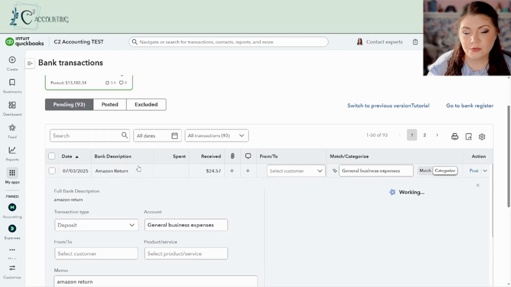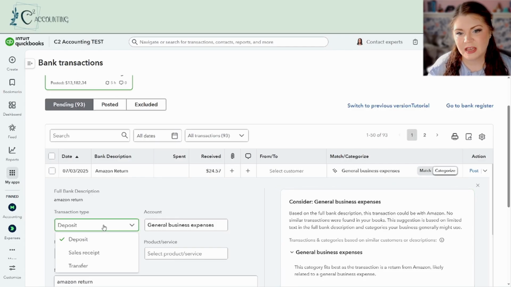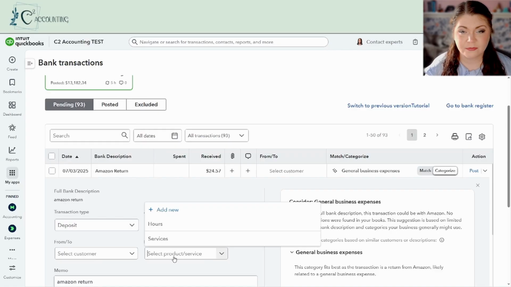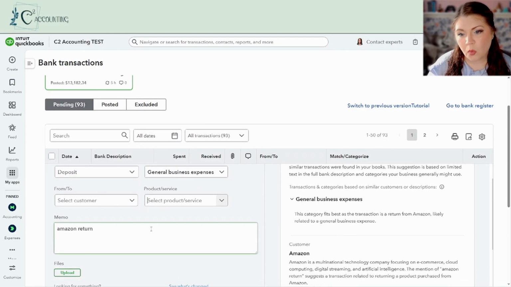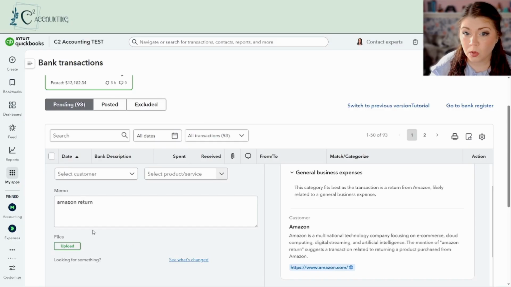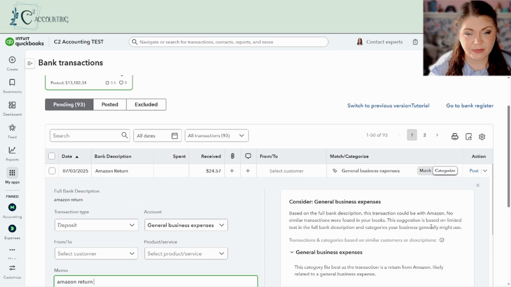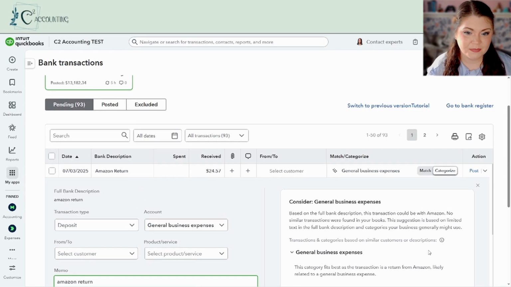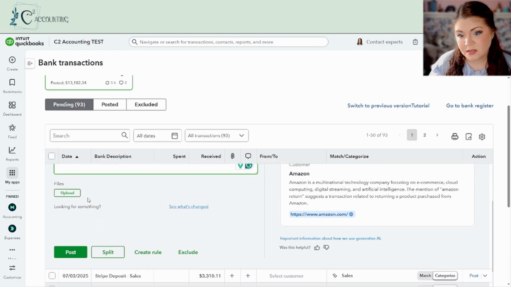In this area, you can change the transaction type, add a customer or project, add classes or locations if either of those are enabled, see more of the bank description in the memo field, or you can type your own notes. Review categorization history for that vendor or customer too if you can't quite remember what category you've put it to in the past, and view more details about the AI suggestions. You can also upload files or use the same split, create rule, or exclude options that you would from the